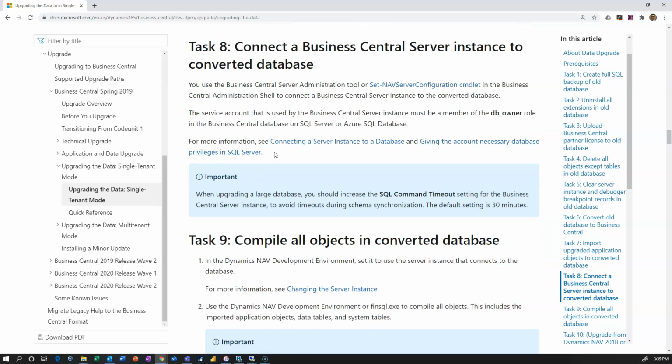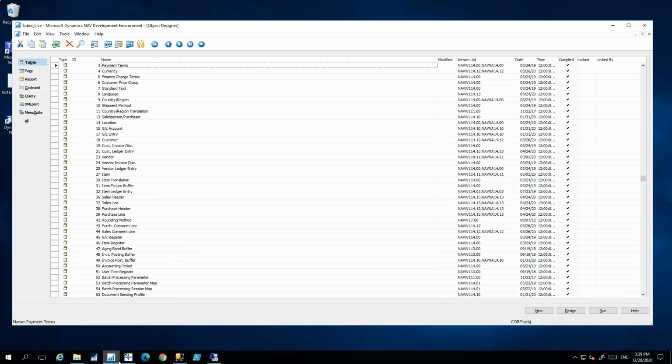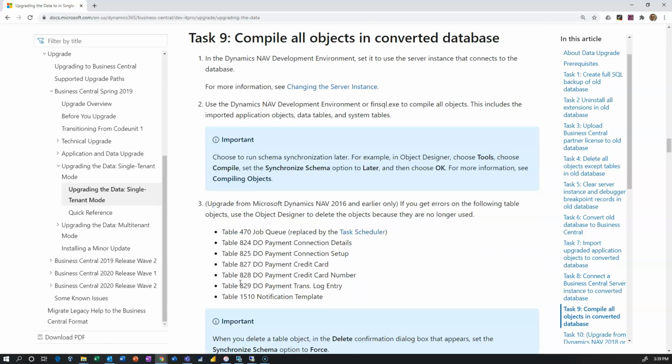Connect a Business Central server instance to my converted database. All right, so I'm going to do that in the background, and then we'll come back to this in a second. Okay, I went in the background and I connected a Business Central server instance. So that's done by going into the Business Central Server Administrator MMC, creating the instance, setting up. I had to get the thumbprint of a signed certificate, and attach